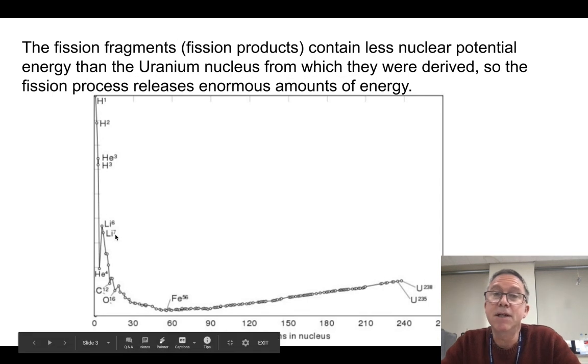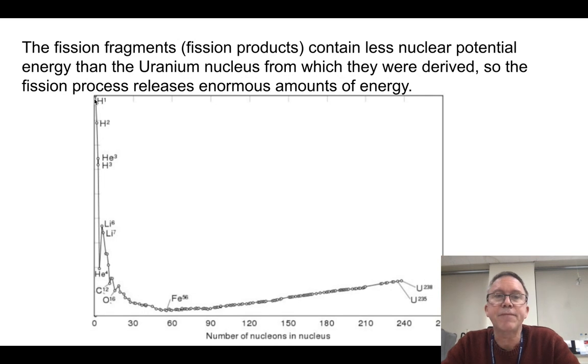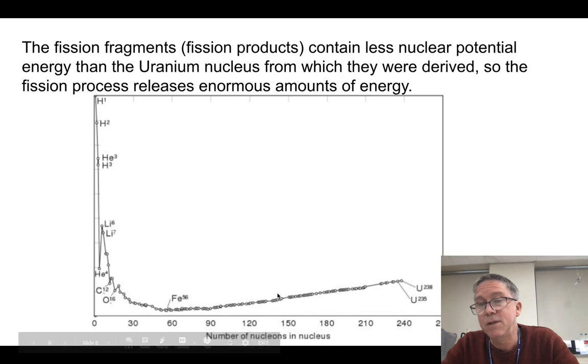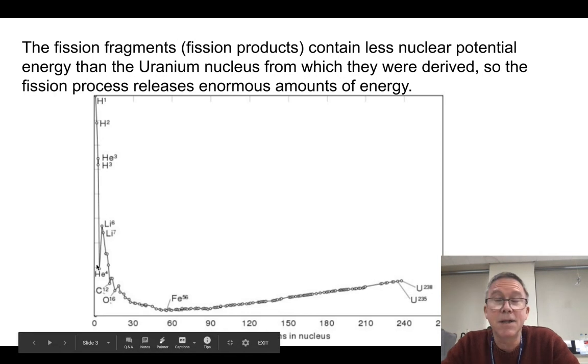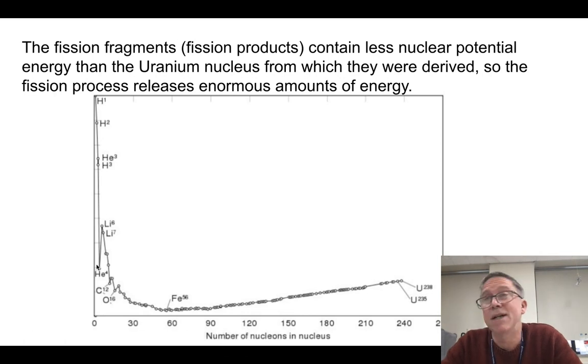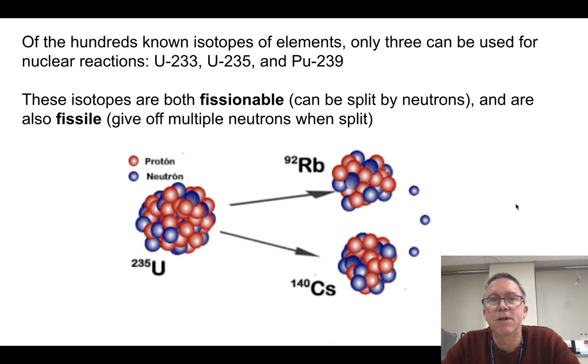Now, interestingly, the sun goes on the opposite end of things. So the sun takes hydrogen, which is here, and converts it into helium, which is here. So you can see there's this very significant diminishment in the nuclear potential energy, and so there's a tremendous release of energy by the sun, which, by the way, is how hydrogen bombs work. So atomic bombs do fission, hydrogen bombs do fusion. That's why they're so much more powerful. And the sun is basically like a giant hydrogen bomb that's been blowing up for the last 5 billion years. But that's basically the source of nuclear energy.